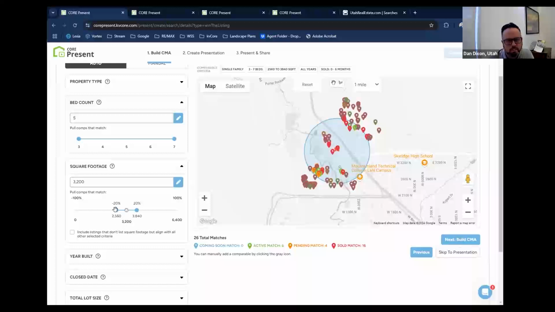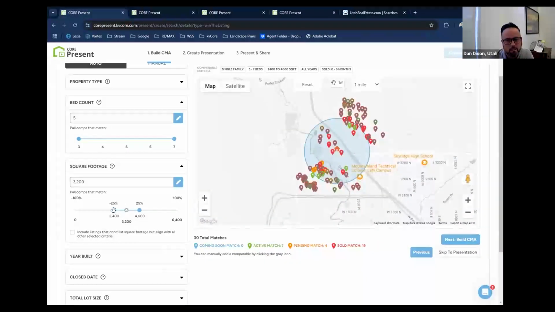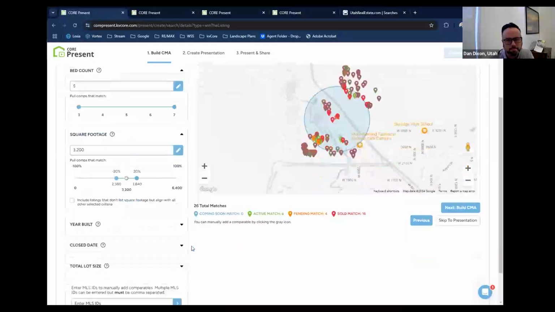Maybe a 2,500 square foot rambler isn't as comparable to 3,200 square feet, so maybe I'll move that in a little bit. Or if I didn't have enough, maybe I want to move this out to 25%. So you can move those in here. The default, I think, is going to work well for us. So I'm going to leave that, but that's where you can manipulate this.